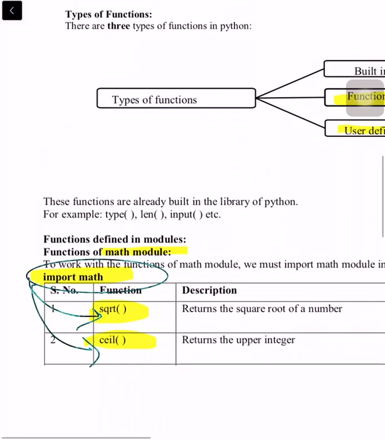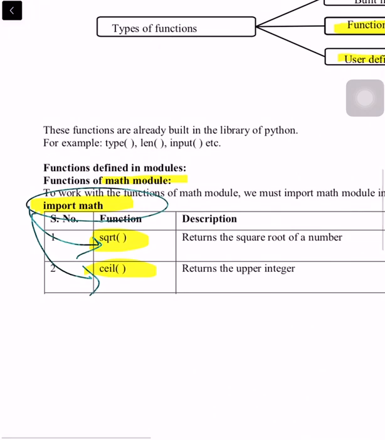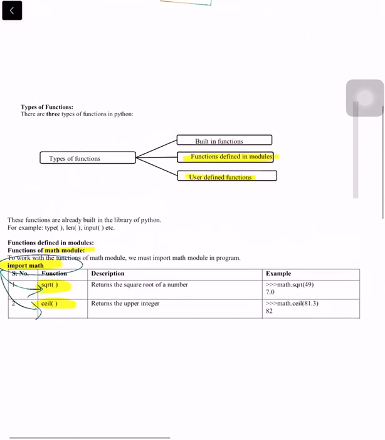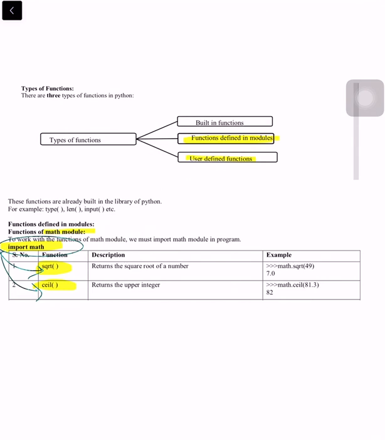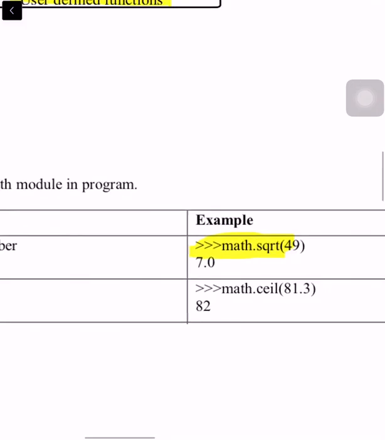Let us review once again. First, just remember the math module. You imported it by writing import math, and then if you wanted to use sqrt, you wrote math.sqrt. So first you wrote the module name, then a dot, and then the actual function name.